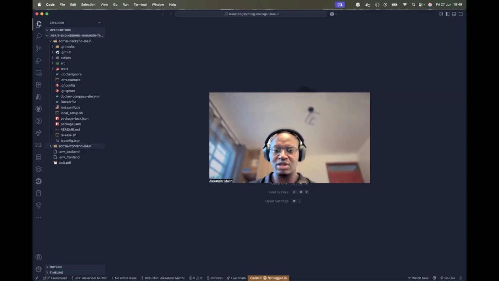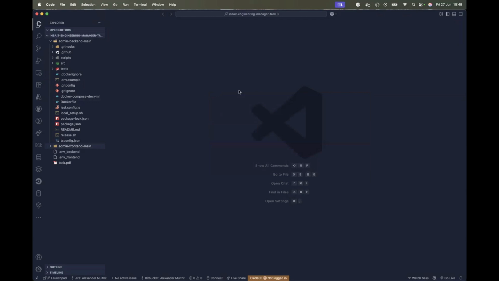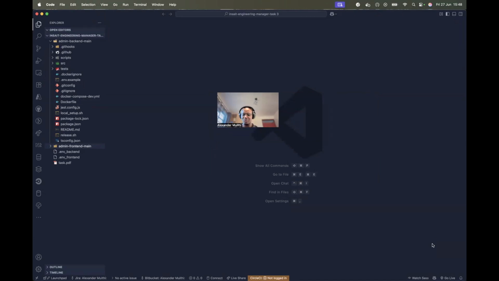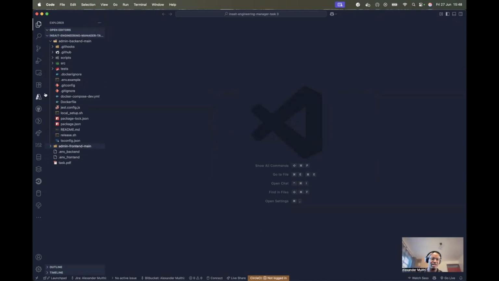I will start by showing you the structure, how everything is going to look. So for this case, I'm going to show you what was shared with me. First, you can see here we have the backend,